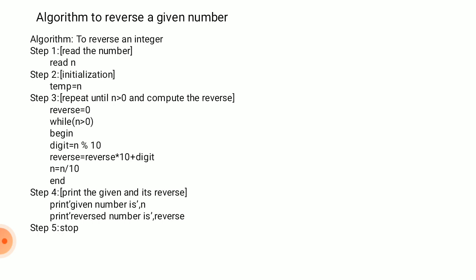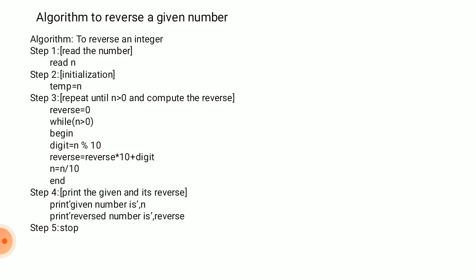So in step 3 it repeats until n is greater than 0, and in that we are computing the reverse number. So begin. What are we executing? 3 statements. Digit is equal to n mod 10. I have already told you the percent symbol, that is the modulus operator, is used to find the remainder.